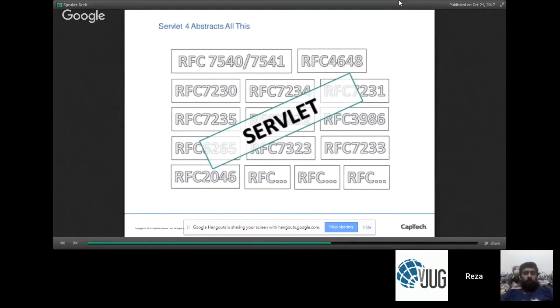So the nice thing is, and I'm not joking, you can forget about everything that I just told you. The reason for this is that in the Java world we have a nice little abstraction called Servlet that makes all this stuff go away for us. It makes all this stuff implementation details. How is that?